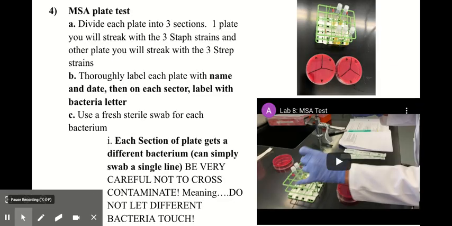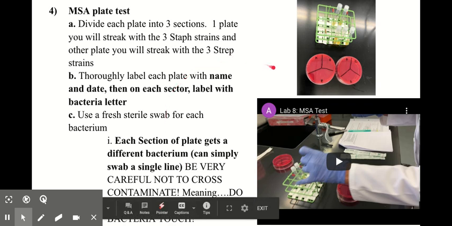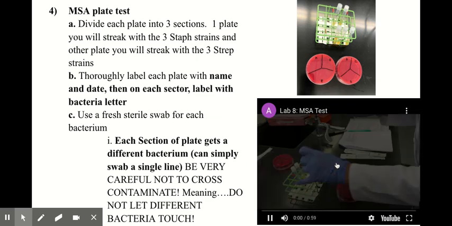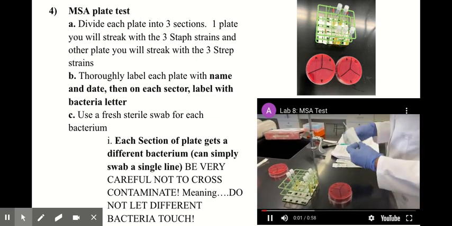And then the 4th test is the MSA plate test, or mannitol salt agar plate. So you divide each plate into 3 sections, and on one plate you'll streak the 3 staph strains, and the other plate you'll streak with the 3 strep strains. So you're going to thoroughly label each plate with the name and date, and then on each section, put the label with the bacteria letter. And then using a fresh, sterile swab for each bacteria,